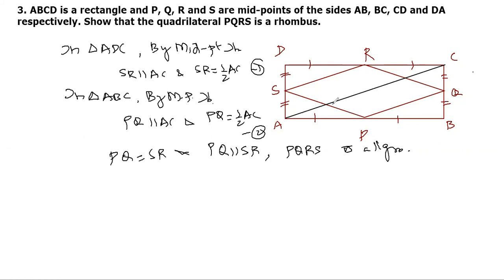Now we have to show these two sides are equal. If we prove PQ is equal to PS, then it will be true. So for that, take triangle PAS and PBQ, PAS, take this triangle PAS and